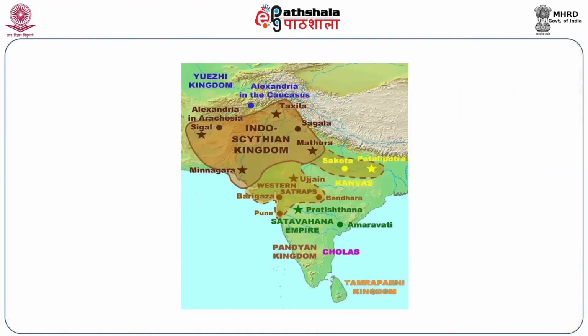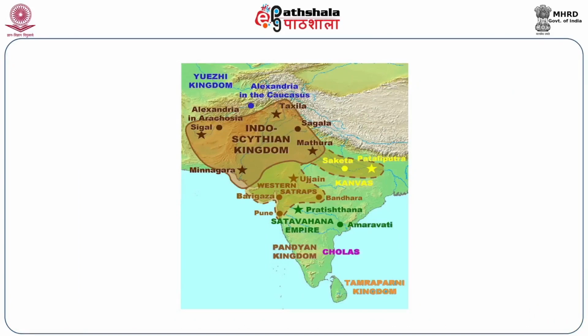They had a system of joint rulership, so there was always a co-ruler, and in their coins what we find is that on the obverse with the Greek legend, they have the name of the main ruler, and on the reverse with the Prakrit legend written in Kharoshthi, they have the name of the subordinate ruler. Otherwise, these rulers followed the Greek tradition of issuing coinages, often using the same deities for their reverse devices. Here you can see the map on which the territory of the Scythians is demarcated.